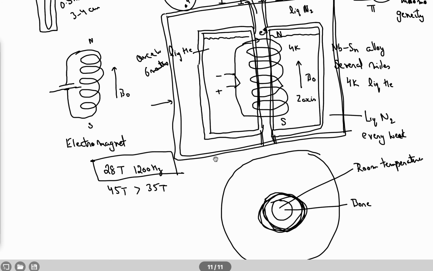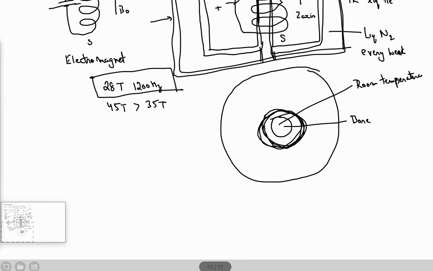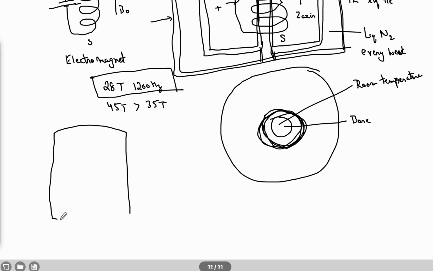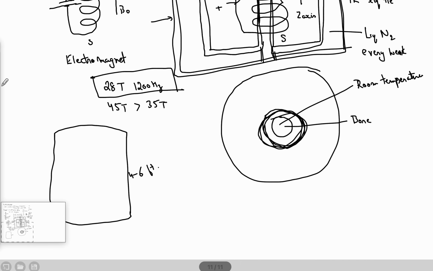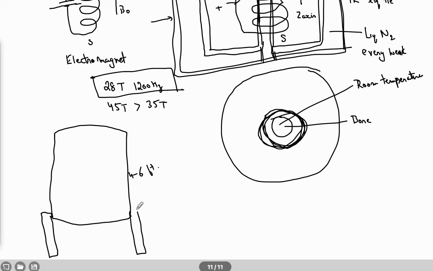All right. Okay. Now from outside this whole thing looks like a big cylinder. We'll show you how it looks later. This height is typically 4 to 6 feet. Okay, and this whole assembly stands on vibration free legs. There are 3 legs on which it stands, something like this, and one at the back. Okay,